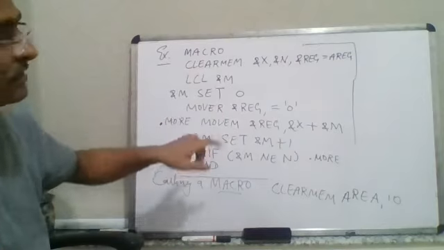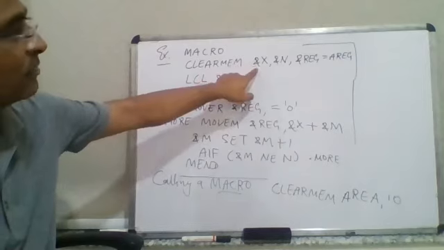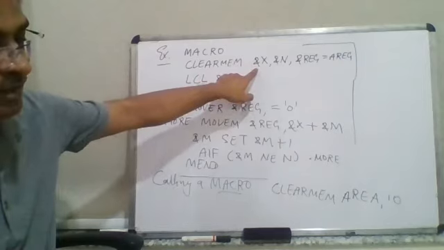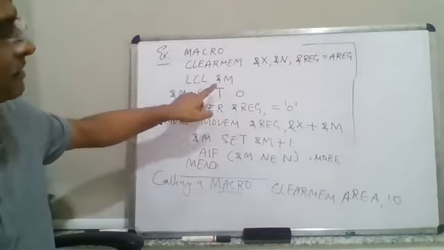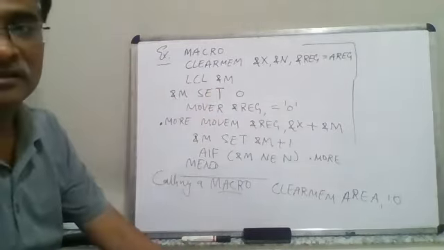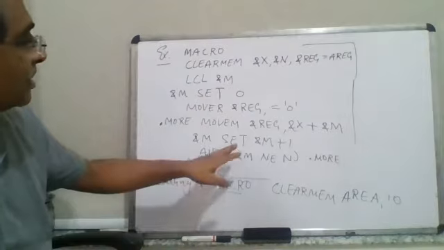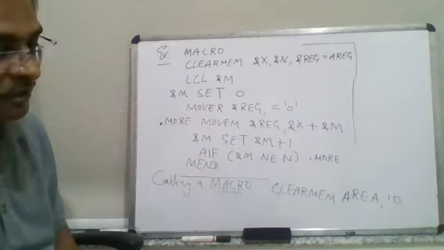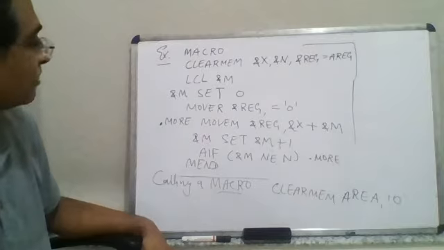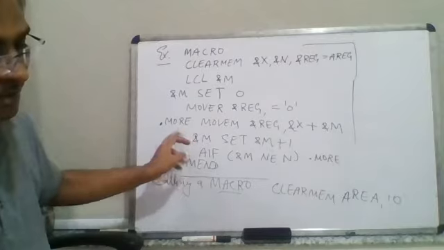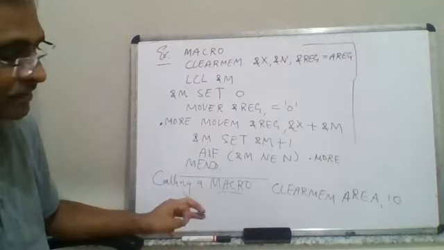So the values there: first, the MNT table entry would be the name of the macro, then positional parameters. How many positional parameters are there? There are 2 positional parameters, then 1 keyword parameter, then 1 EV parameter, right? So first it will be clear mem, comma 2, comma 1, comma 1, and then the MDTP pointer, which is going to be present somewhere inside the table, then the KPDTP pointer, which is going to point to some value, and the SSTP pointer, which is going to point to the entry present here, right? And there will be some more tables, which is the MDT.